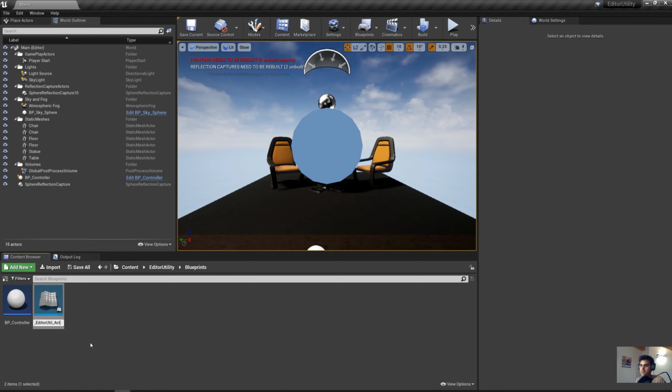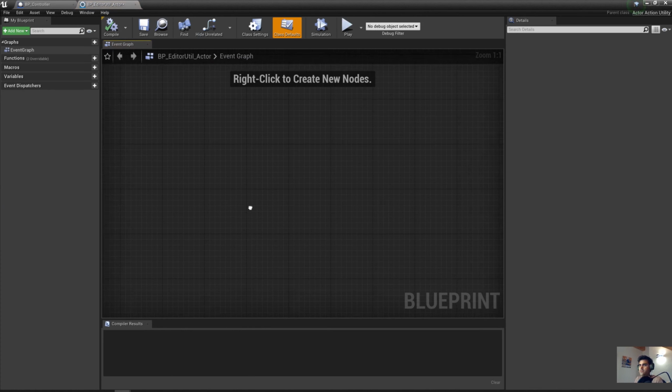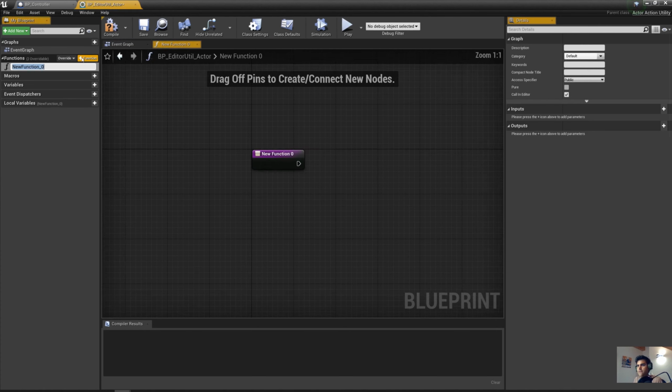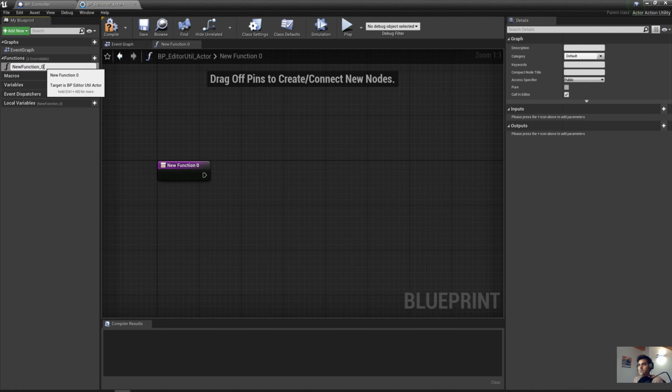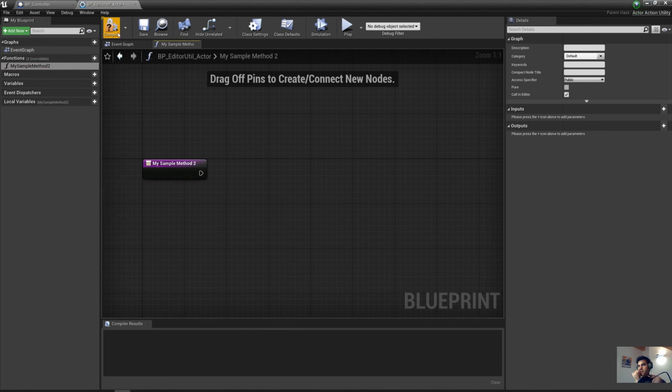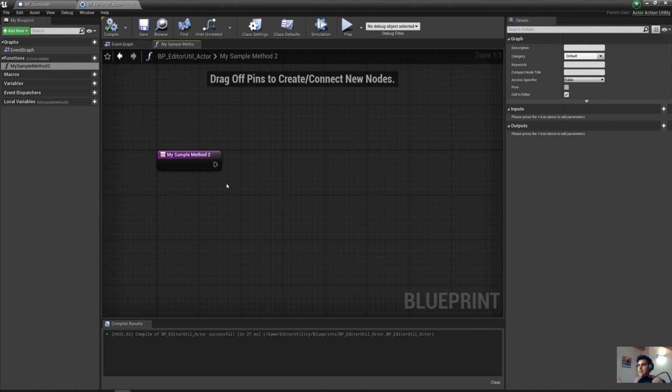EditorUtil actor. So I'm going to go through it. It's going to be a function, so I'm just going to call it function. Then the function automatically has a name, so I'm going to just rename it to my sample method, for example, 2 in this case. So what I'm going to do is that